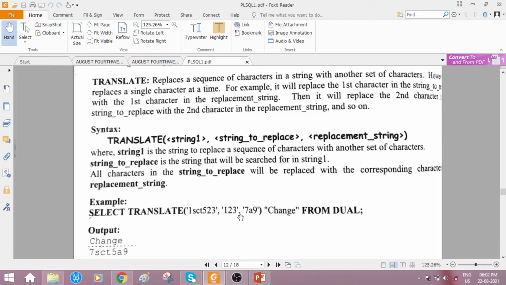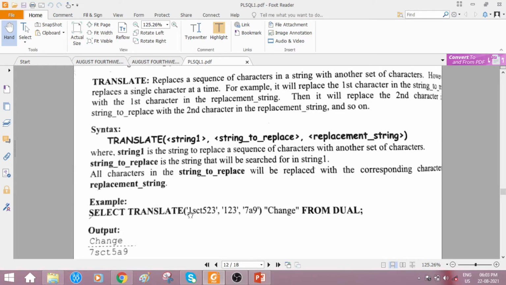Now, the third argument is the replacement string. The string 1, 2, 3 has to be replaced by 7A9. The meaning here is that 1 has to be replaced with 7, 2 has to be replaced with the new character A, and 3 has to be replaced with the new character 9.